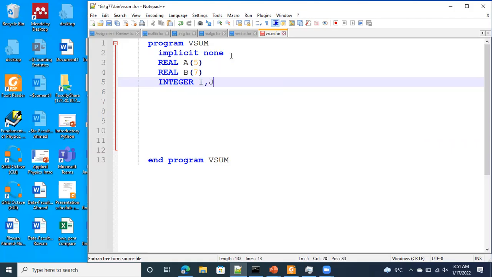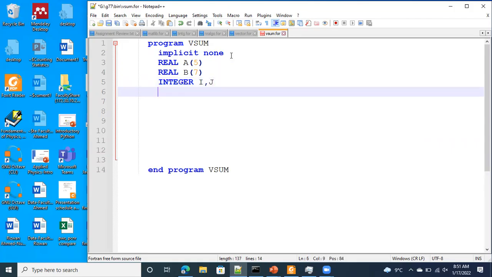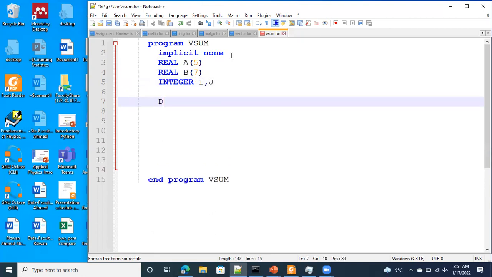So let me define two variables I and j, and then we use data statement. A 5 values, simple values 1, 2, 3, 4, and 5,